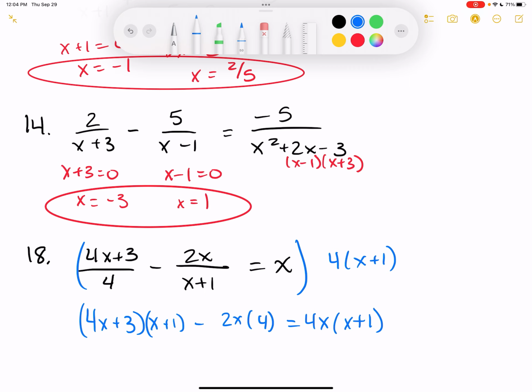Wait a second. 4x plus 3 times x. Oh, you're foiling? Yeah, I have to. Oh, I didn't. Never mind. Just roll. 4x squared plus 7x plus